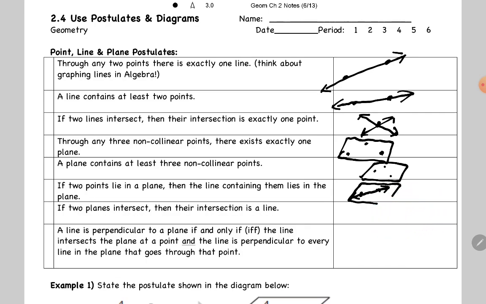I can't draw it correctly, but basically